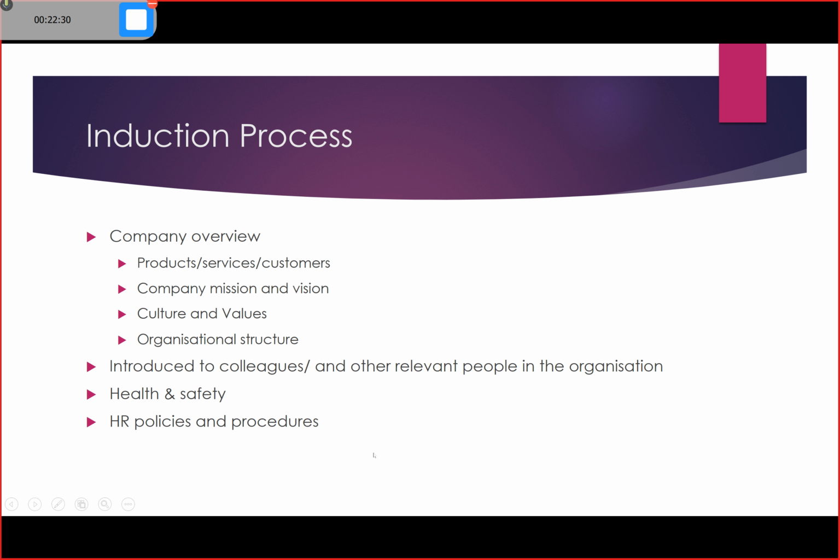So the induction process itself, what should be an induction? Well, it should be a company overview. I've gone through most of this already, probably. Company overview, looking at the products and services of the company, who its customers are, looking at the company's mission, its vision, what it's trying to achieve, what its culture and values are. It's really important the employees know that so that they support it and can be part of it. And looking at the organisational structure,